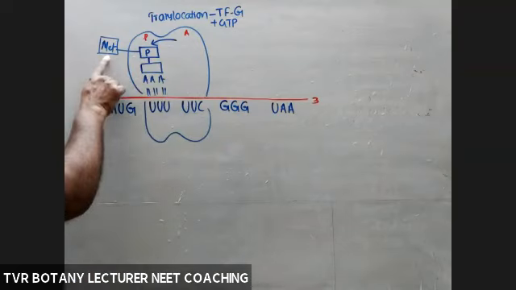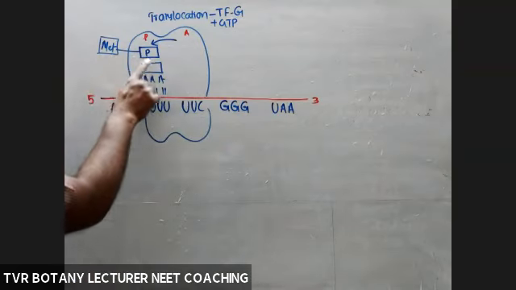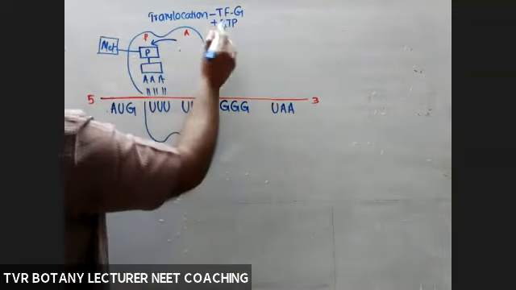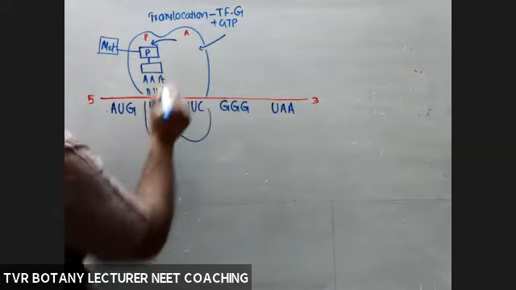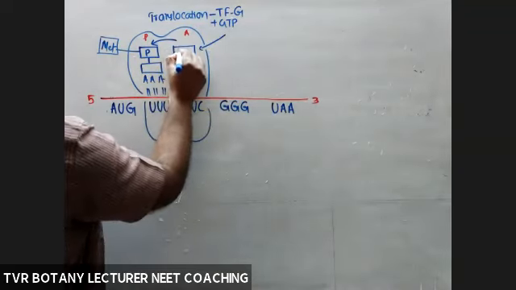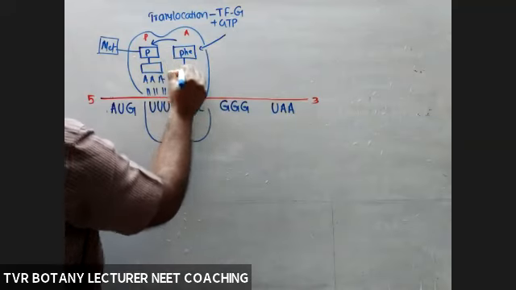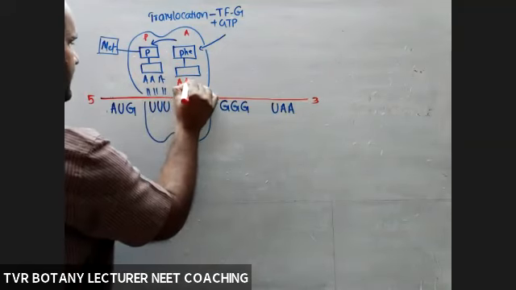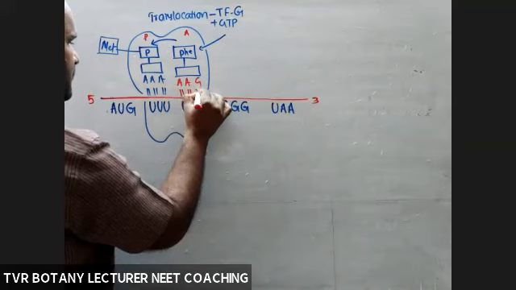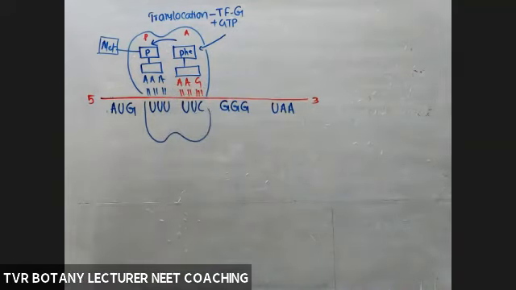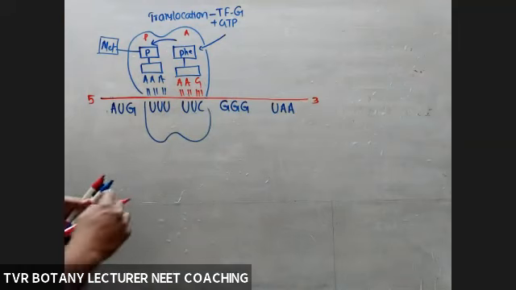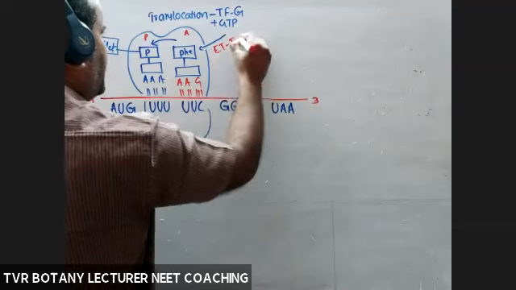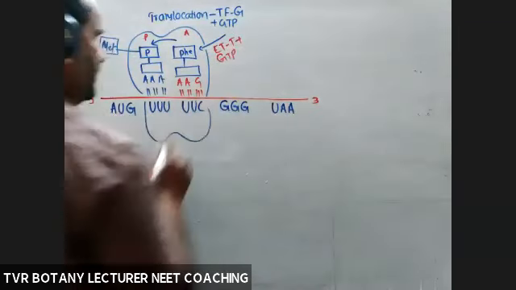So now this one is only amino acid, peptide bond, amino acid and tRNA. What about the A site? Is the A site empty or not? So now the third amino acid tRNA is with the phenylalanine. And what about the anticodon of this one? The anticodon is AAG. So if the anticodon is complementary to the codon, that will be accepted. So here elongation factor T plus 1 molecule of GTP is consumed.